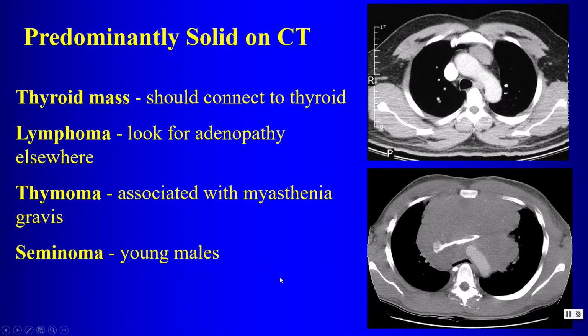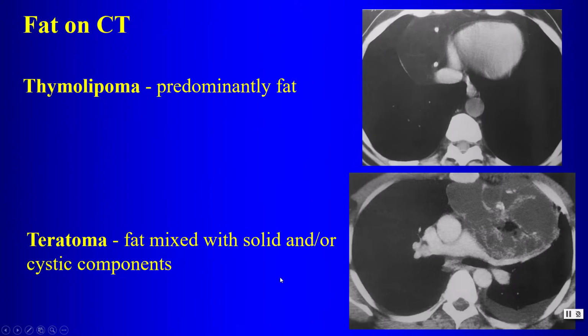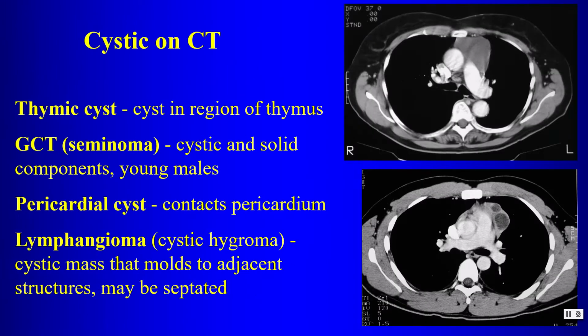Very aggressive mediastinal tumor. If there's fat on CT, if the lesion is predominantly fat, almost the entire lesion, then we think of thymolipoma. If there are fatty components within the lesion, but we have other components like fluid and calcification, then we think of teratoma. If it is cystic on CT, if it's a unilocular cyst, thin wall, no enhancement, no nodularity, then might be